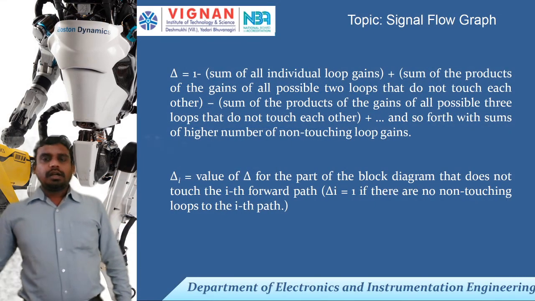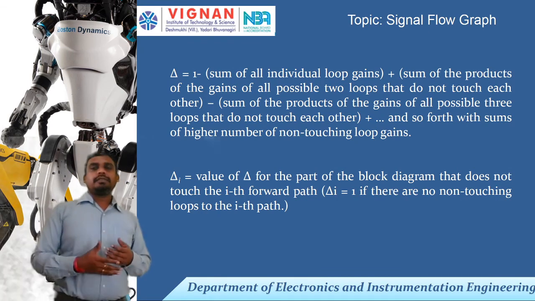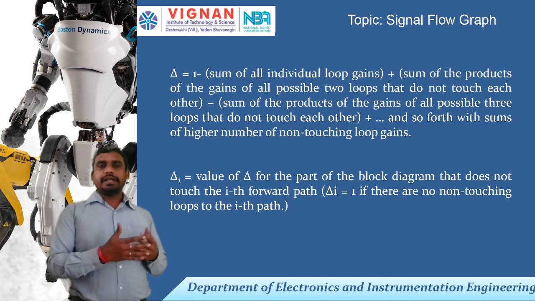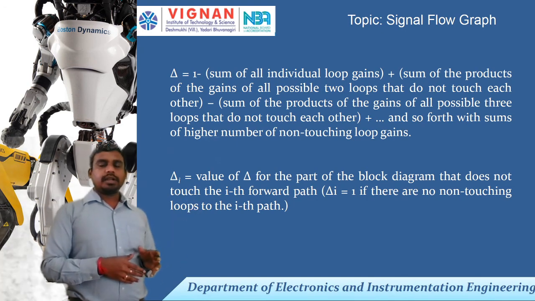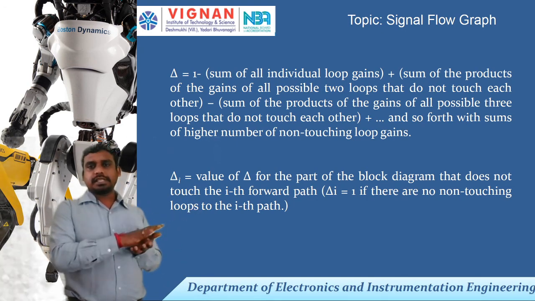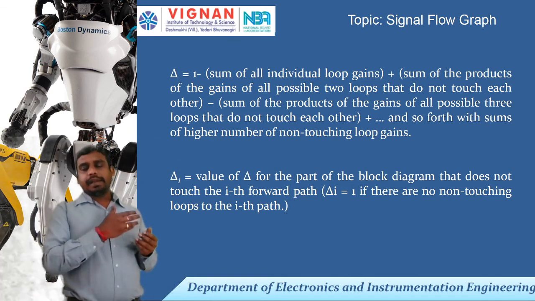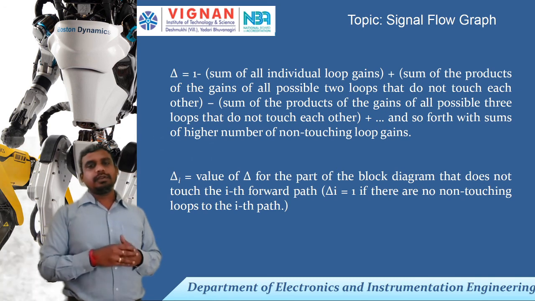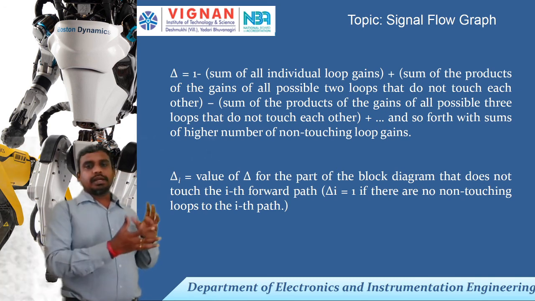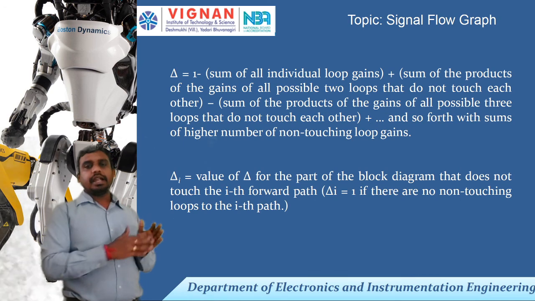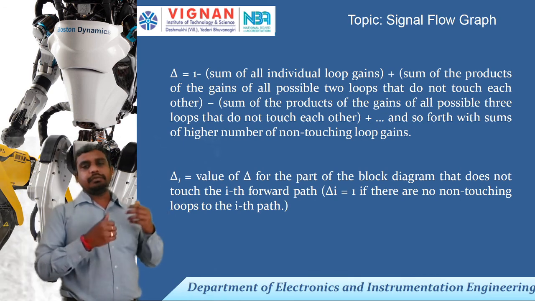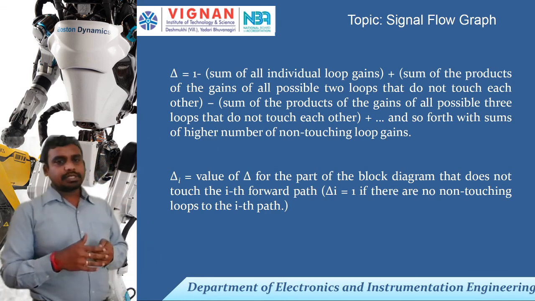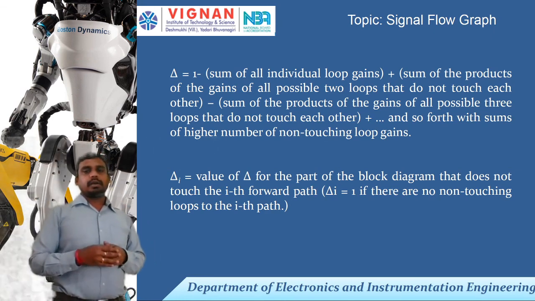So I think the signal flow graph was clear. We'll give a recap of the signal flow graph. In this class we understood the branch points and the different elements in a signal flow graph, and we understood what Mason's gain formula is. We started giving examples, and we solved two numericals in which we used Mason's gain formula to compute the overall transfer function.